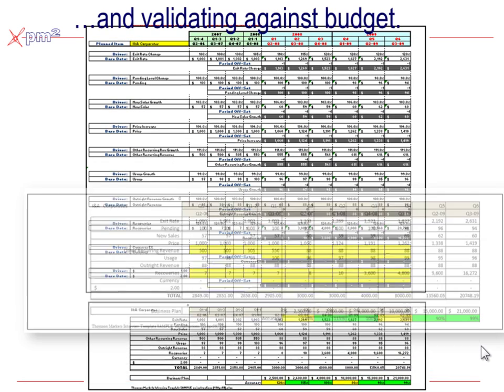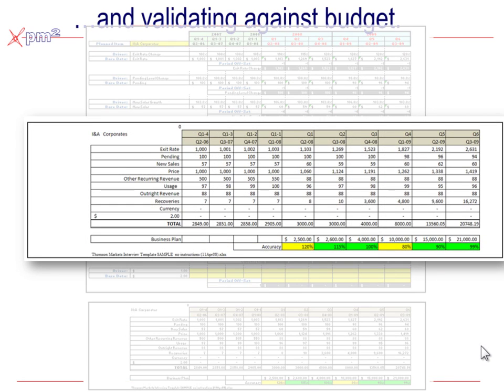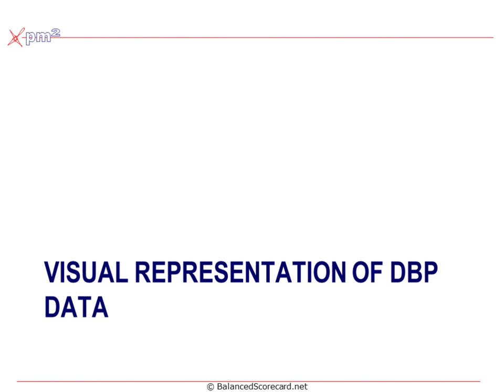We can also take those numbers and reconcile them against the previous budget, so you can begin to get an accuracy index to make sure that the driver-based plan has a reasonable footprint compared to the historic planning activities. So although the numbers make a bunch of sense, what we've learned is we need to visually represent this